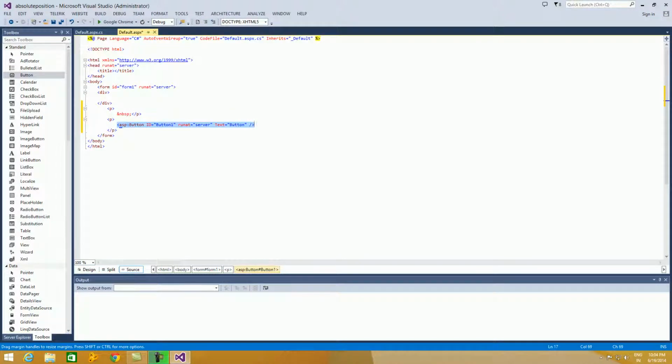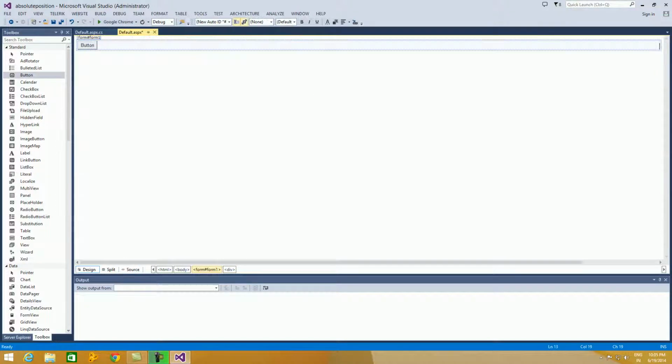What is happening? When I try to move the button, it is adding some paragraph statements, and it is moving the button to the next paragraph. So instead of using paragraphs, let us remove the paragraphs. Let us add a button. See here, the button is somewhere inside the form tag, but the div tag inside the form tag is empty. So we'll cut this button and paste it inside the div tag.